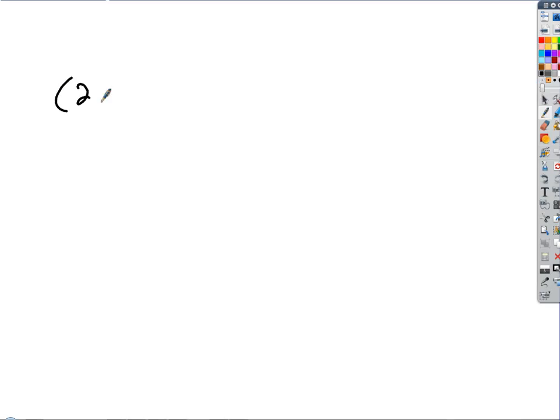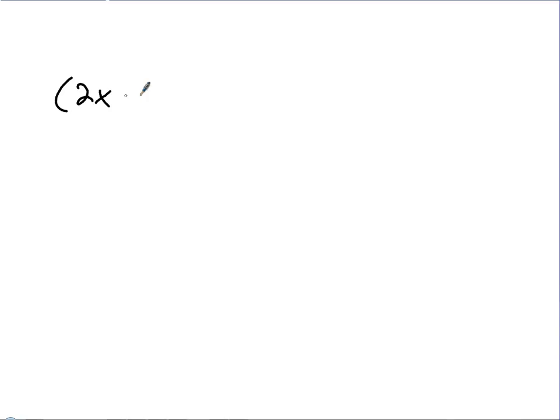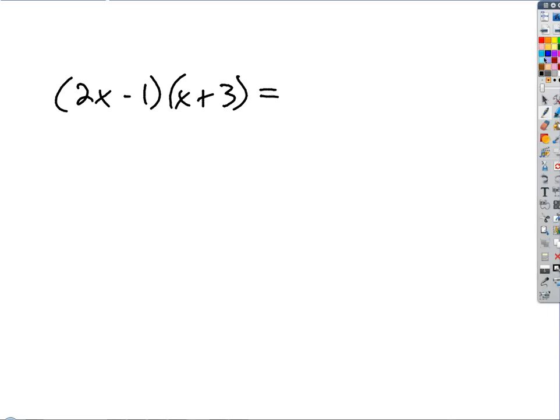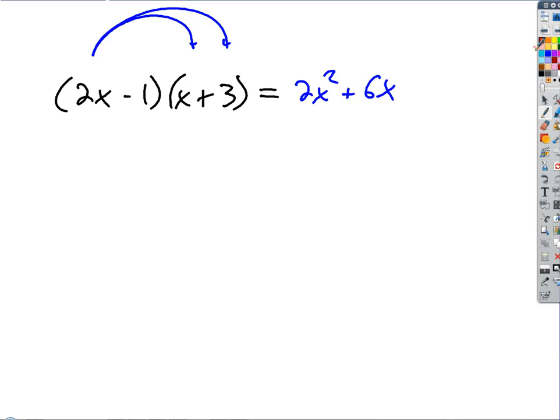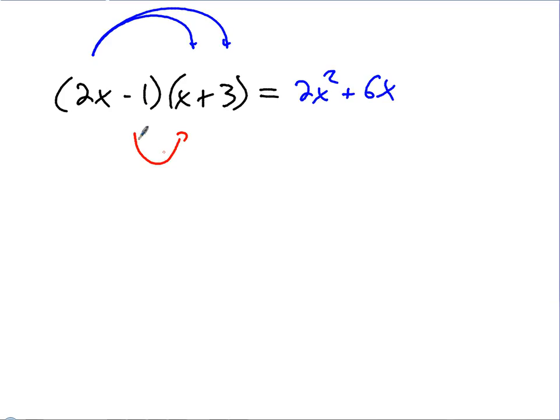Now, we looked at some stuff like this the other day. If I had something like 2x minus 1 times x plus 3, this is that multiplying polynomials assignment. What do I do? Distribute, sure. Okay, so I can take the 2x, which gets distributed to the x and the 3, and what do I get from those two terms? 2x squared plus 6x, good. Now what if I take the negative 1